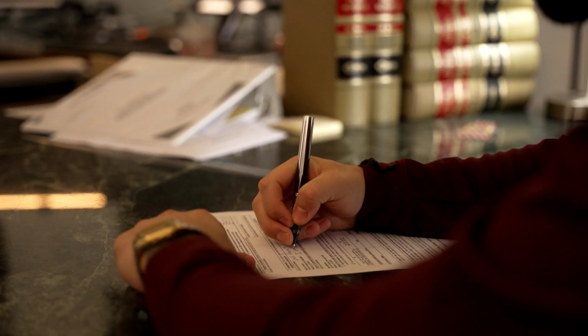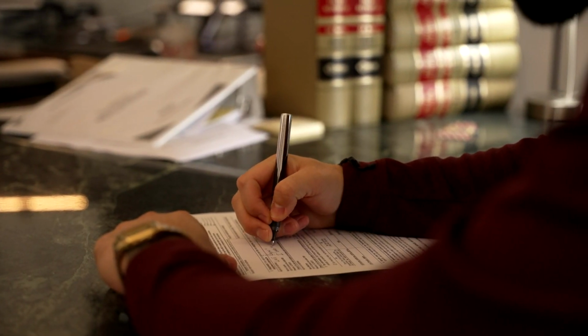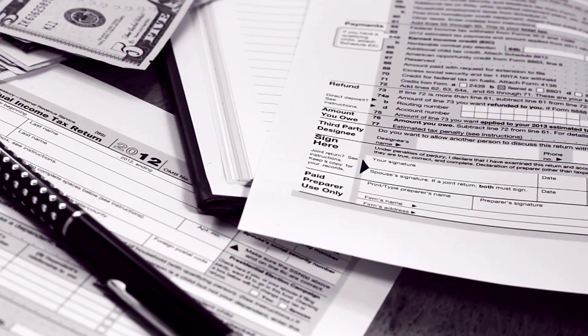We can give you a free consultation and we'll talk through what's going on for you, and that doesn't cost you anything, and then we'll give you some advice. If you're wondering about what's going on, we can do an investigation. So if you think maybe you owe back taxes or you haven't done something, for a small amount of money, we can pull your transcript with the IRS, which is a record of everything the IRS has on you, everything that has been filed on your behalf and hasn't been filed. And we'll then be able to tell you exactly what's going on for you. So it's kind of like getting an x-ray or an MRI. We can really get all the data on you